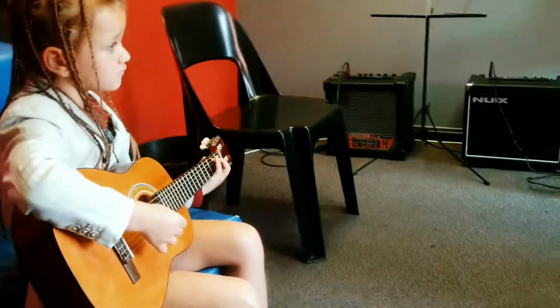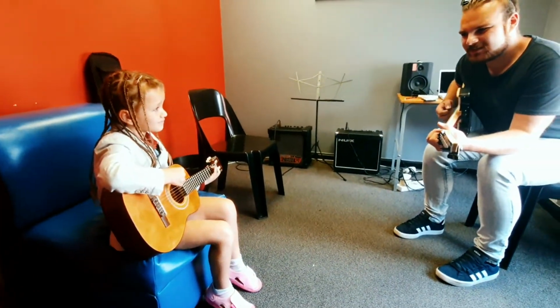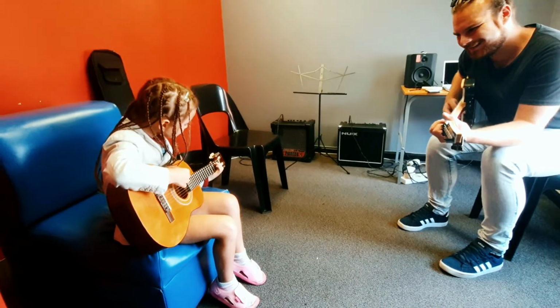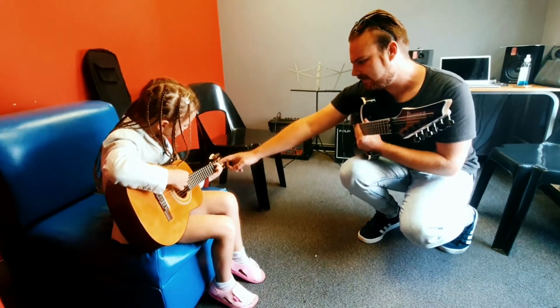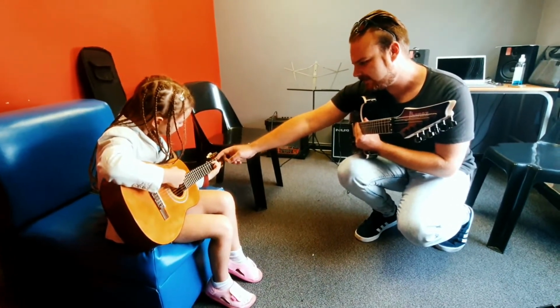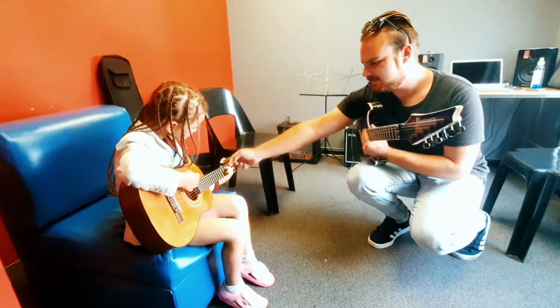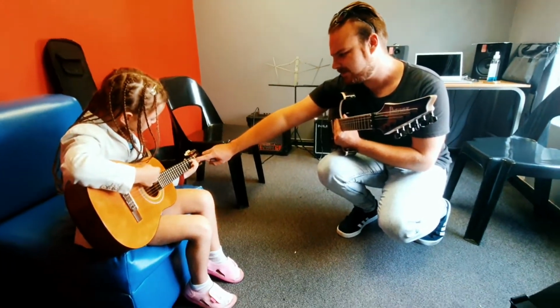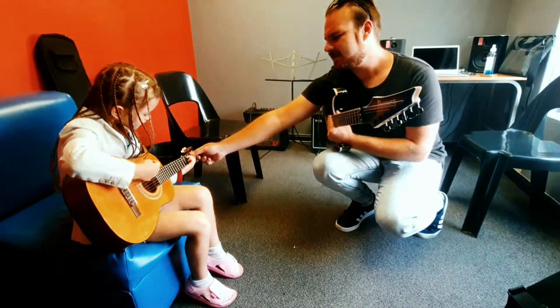And then we're going to do that same thing where we push it down a bit and then we play it. There we go. Sounds just a bit out of tune. And then what I want you to do now is keep your first finger down there. So just one string down, bring it down, like that. No, on this one over here. And moving the fingers at first a little bit of a...